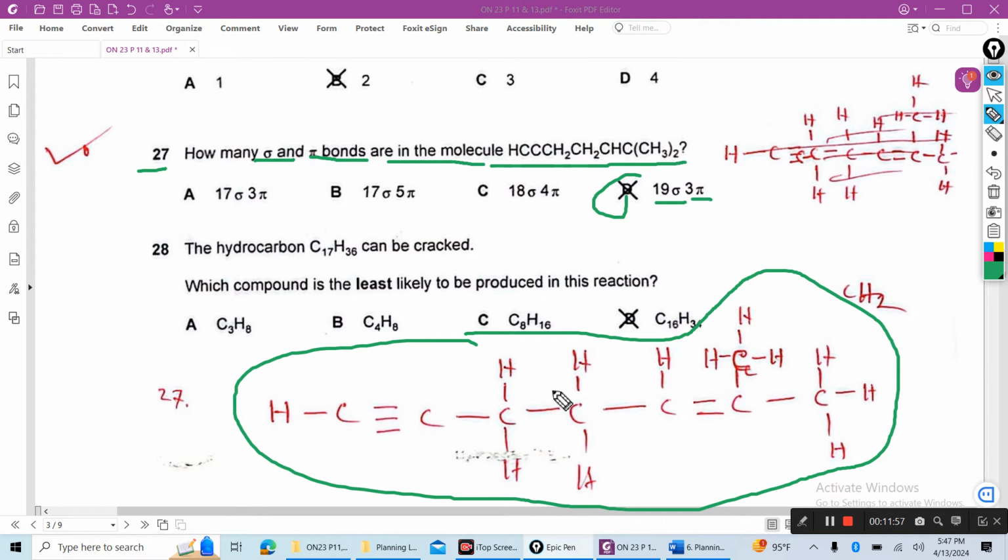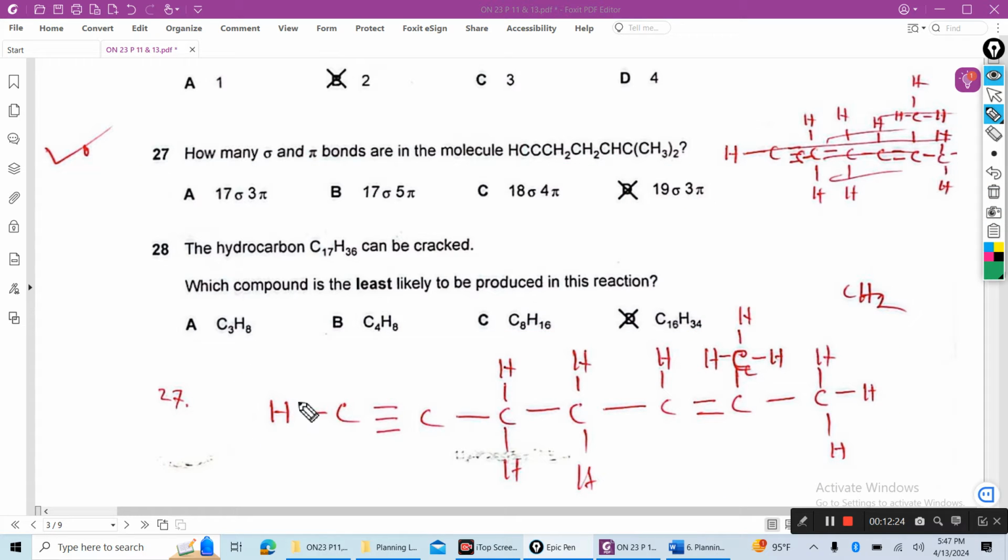So pi bonds: double bond, 1 sigma 1 pi, so 1 pi bond here, and here 1 sigma 2 pi, so total pi bonds 3. And if you count all the single bonds, which are sigma bonds, you will get 19